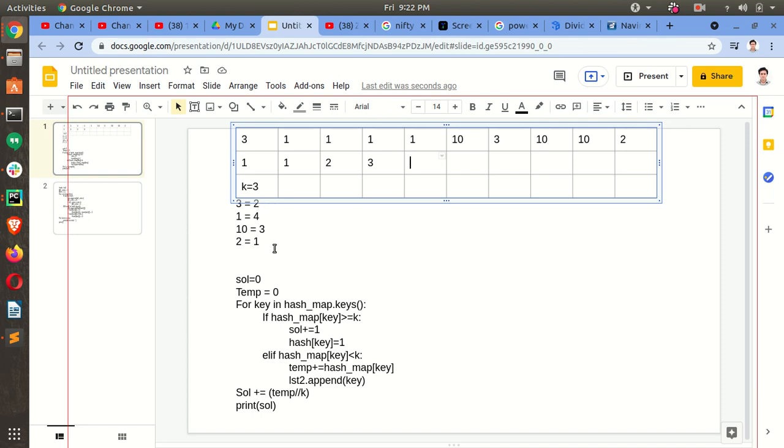So 3 is the solution. Here 1 plus 1 plus 3 divided by 3. Okay, 1 plus 1 is 2, and 3 divided by 3 is 1 again. So 2 plus 1 is 3. So solve becomes 3.